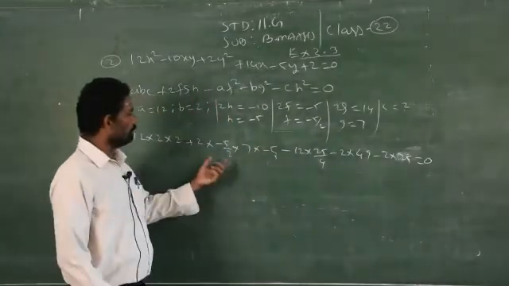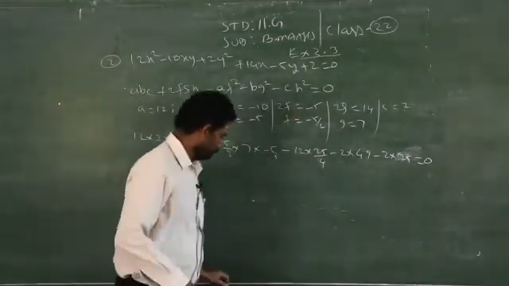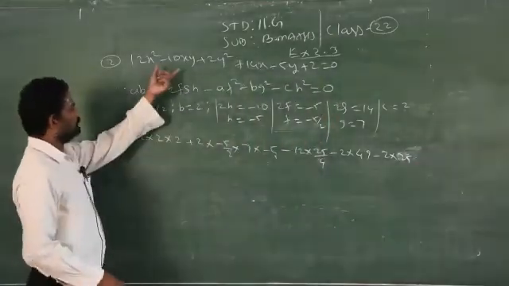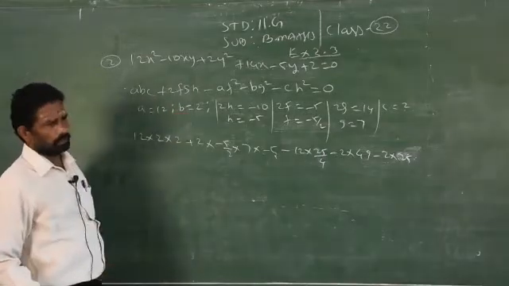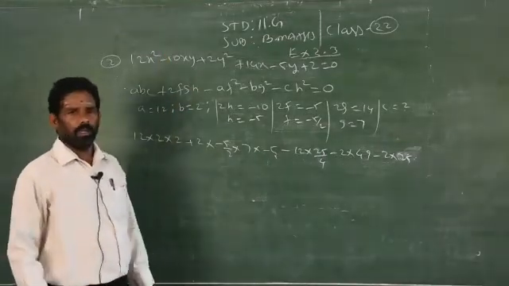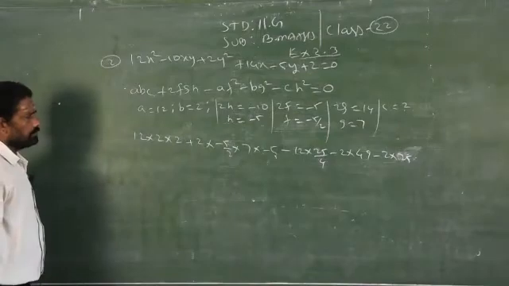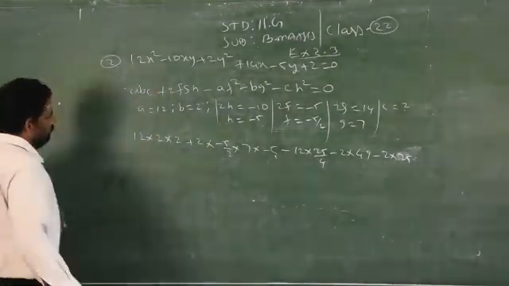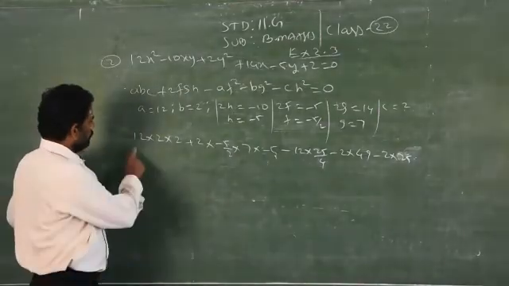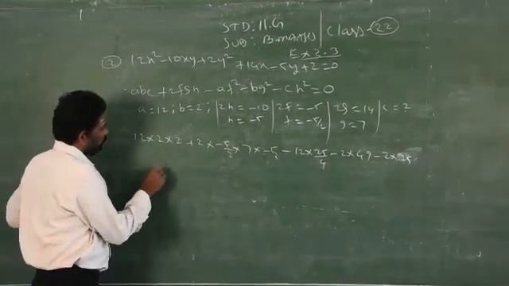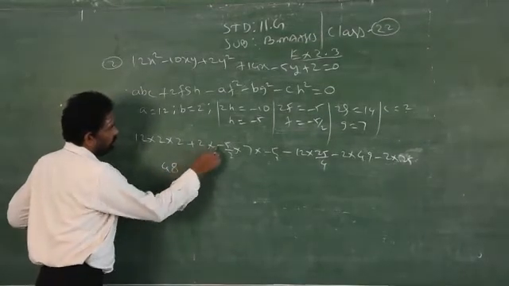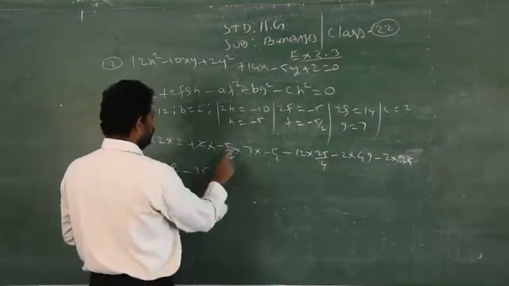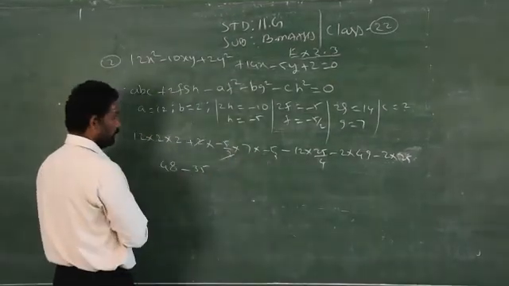You have to prove that this answer is equal to 0. Clear? If you prove this is equal to 0, then you say the given equation represents a pair of straight lines. Otherwise it does not represent a pair of straight lines, and we don't go on to find separate equations from this combination of two straight lines. Now multiply it: 2 2s are 4, 12 4s are how much? 48, plus into minus, minus, gets cancelled, that is 35. Then 5 5s are 25, 35 into 7.